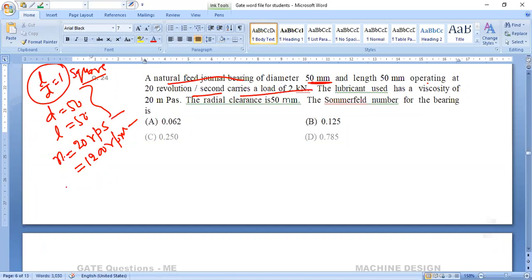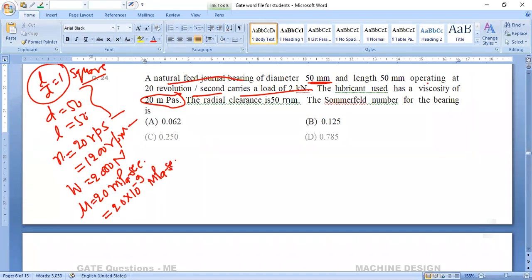It carries a load of 2 kilonewton. So W is 2 kilonewton. I convert it into Newton, so it is 2000 Newton. The lubricant used has a viscosity of 20 millipascal second. So mu is given 20 millipascal second. I will change millipascal second into megapascal second. For millipascal, it will be 10 power minus 3 for Pascal. Then for megapascal, it is 10 power minus 6 again. So it is 20 into 10 to the power minus 9